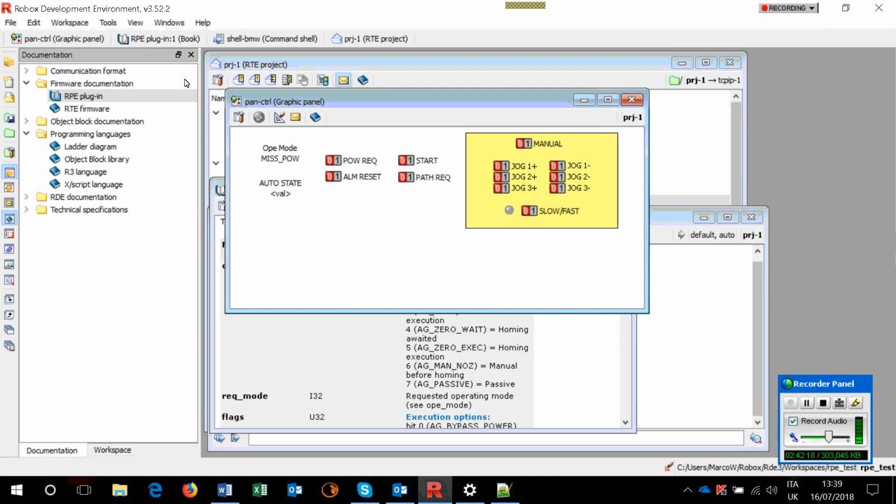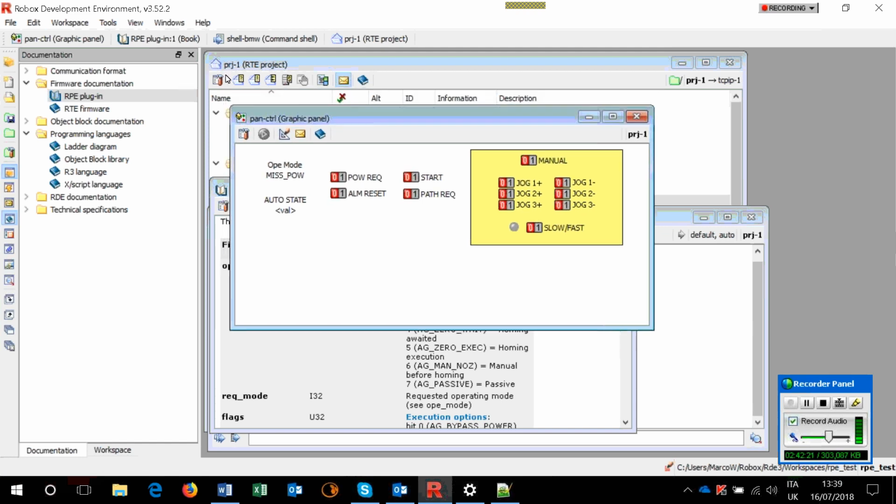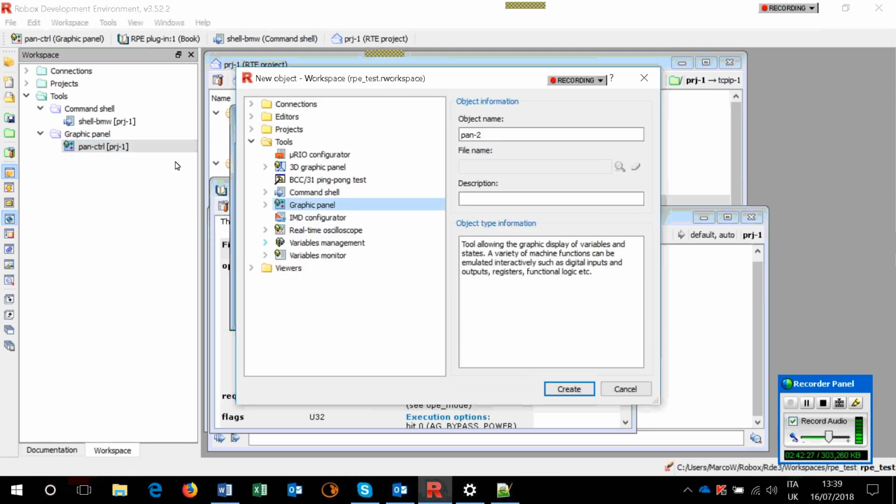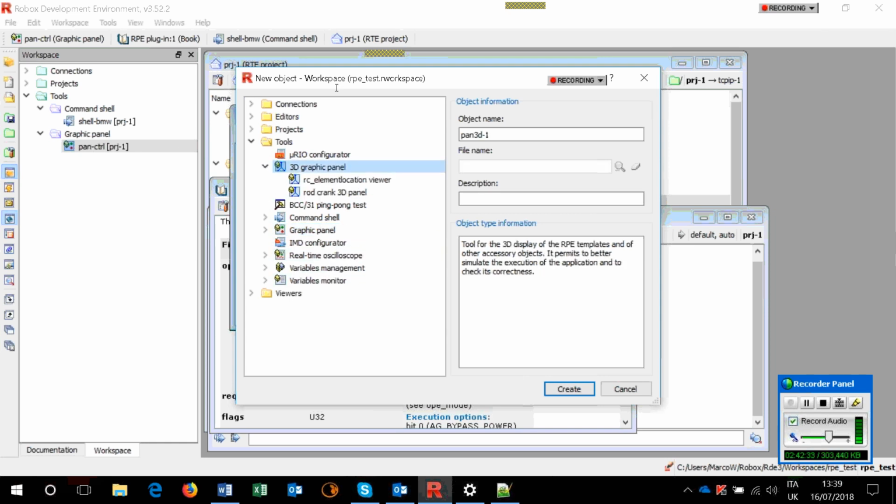Then since we are moving a robot, we really would like to see it moving. So, we look for a 3D panel. I call it 3D robot. Oh, there must be a number 3. I'm not allowed to write a number. Interesting. Okay, no problem. Maybe robot 3D? Yeah, a number is not allowed to be first. Okay, this one again, we put